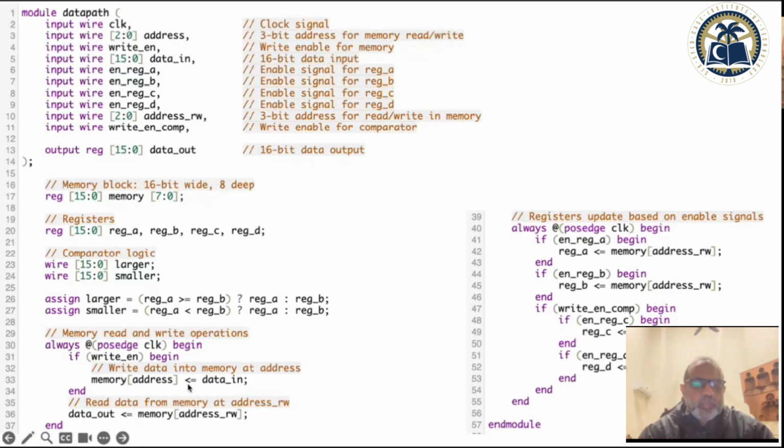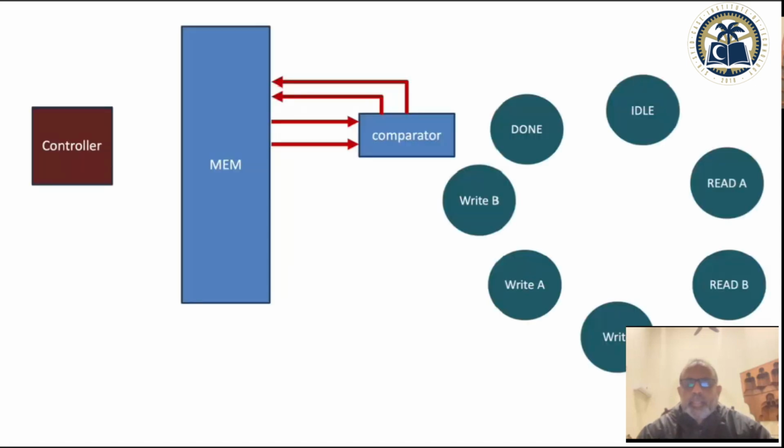One address is from the outside, which is writing data into data memory. If write enable is asserted, it fills the memory, and then you start writing in register A, register B, register C, register D. So all of this is here, and then there is the state machine part,